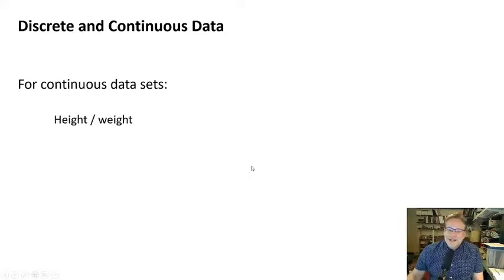Oh, there we go. Here are some examples of continuous data. We've been talking about this sort of thing throughout the course of the semester here: height and weight, test scores, temperature data. That tends to be continuous data that we're working with here. Stock behavior, as well as